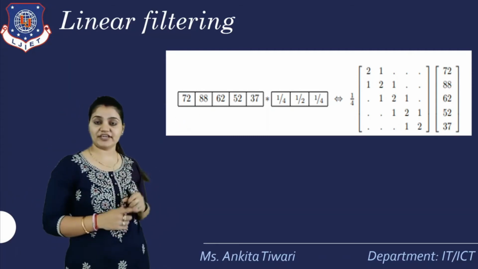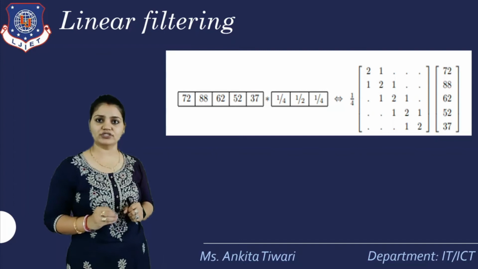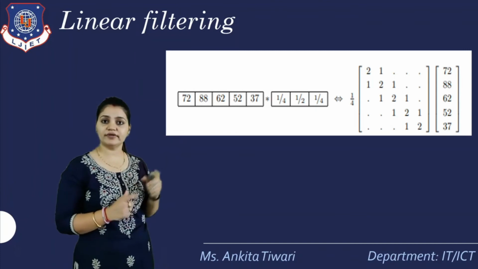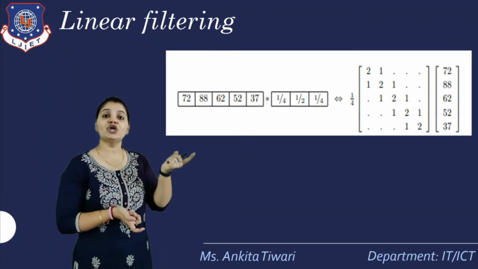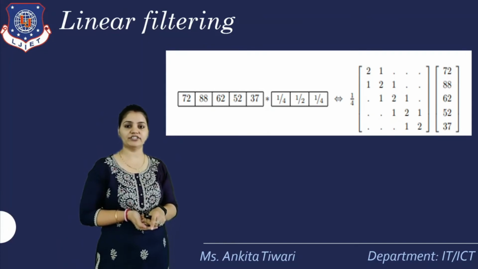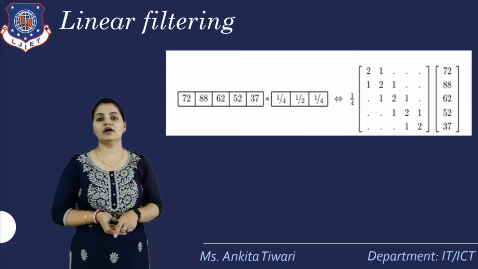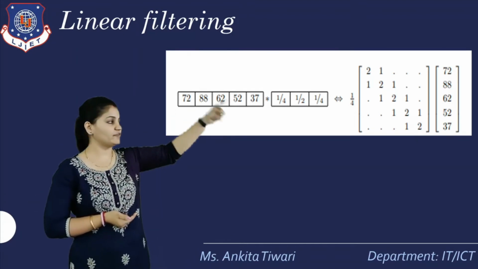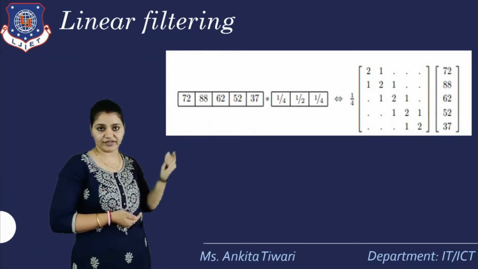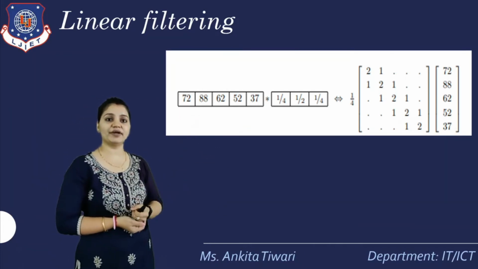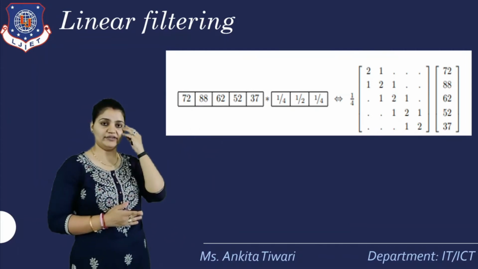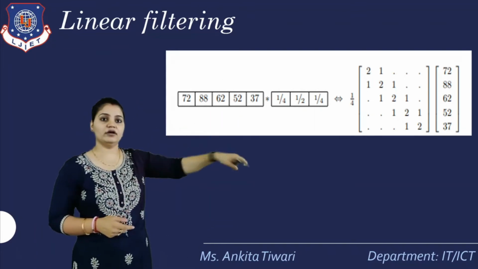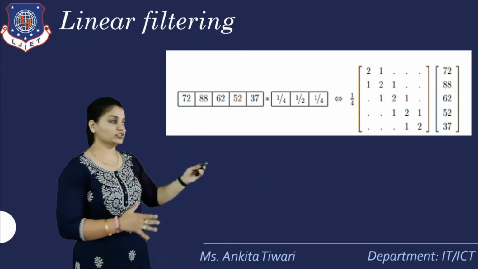Here I have taken f of x,y, just as an example with some values: 72, 88, 62, 52, then 37, taken in matrix form, which is multiplied with the heuristic h, the composite equation coefficient, defined with 1/4, 1/2 and 1/4. Multiplication is done with respect to the values, and we get the proportion as 1/4 taken out, defined in the form of a matrix with every value inside it, with respect to the function f defined in the form of matrices, which has been multiplied. So this is what the equation is.